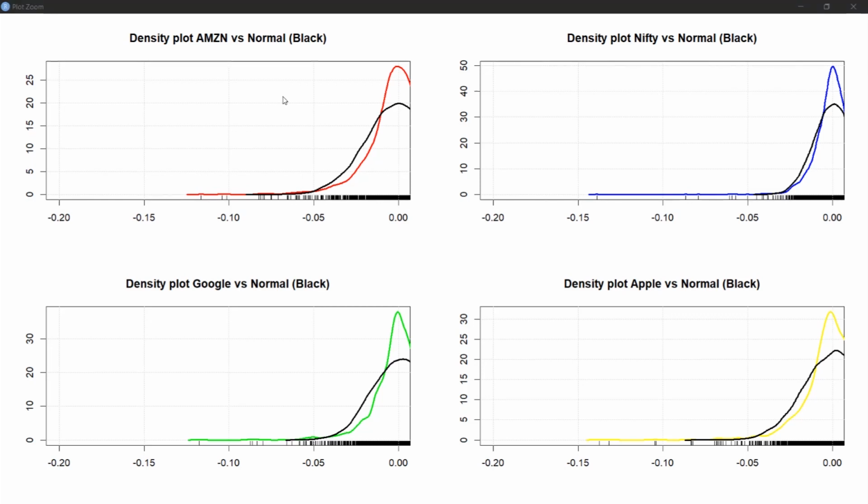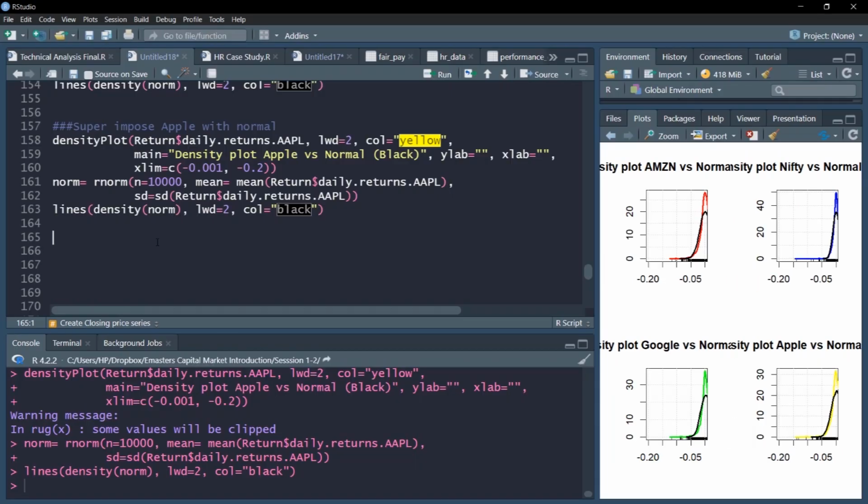Now in the next set of videos, we'll understand how to compute the cumulative returns, or what we call create the index out of returns. In this video, we'll do a very interesting analysis. We'll convert the returns into cumulative returns, or what we call create an index of returns.